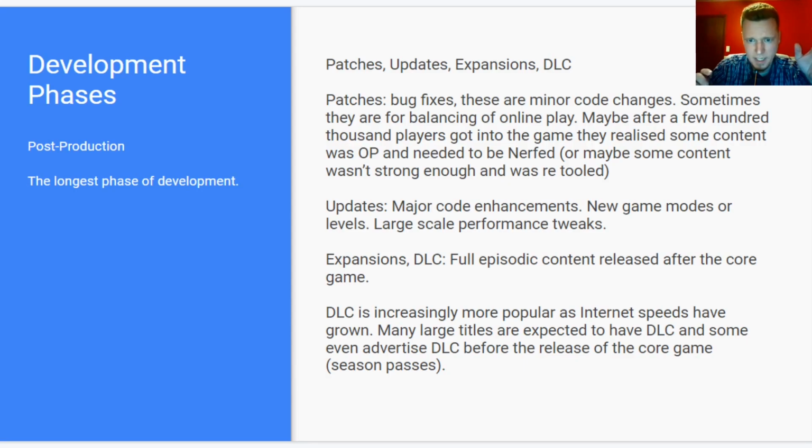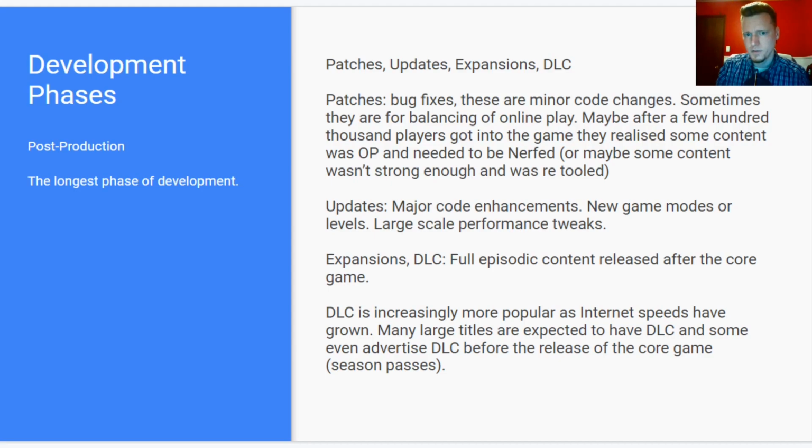Maybe balancing online play as well. There's not going to be big things in patches. Patches are mostly going to be not in-your-face visible things. And of course, the core players are going to notice it right away. But the patches are going to be much smaller things. So bug fixes, game balancing,